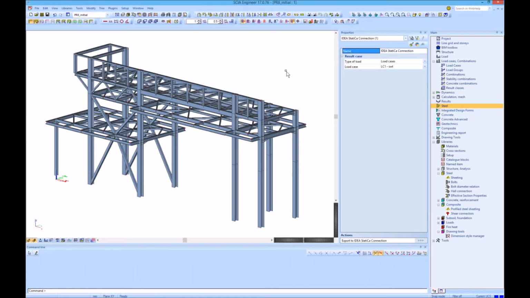Okay, thank you, Adam. So here I have SCIA Engineer opened. We have to note that this is the latest version of SCIA Engineer 17, which has a really improved BIM link with IDEA StatiCa. And here we have a real structure from a real project. What I would like to show you is that for presentation purposes,